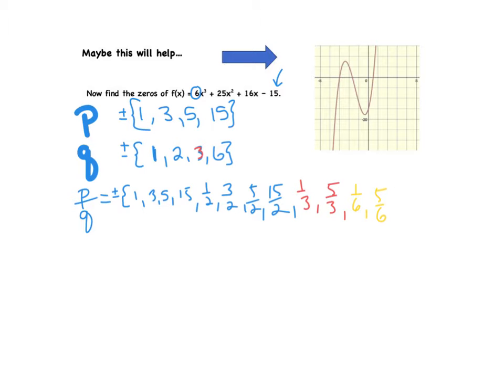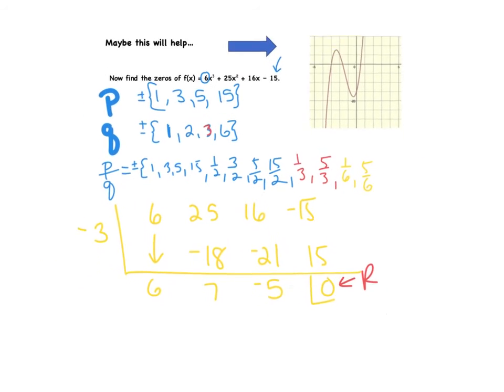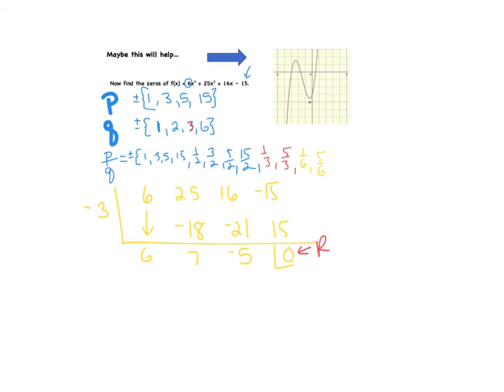I'm going to do my synthetic division using -3, pick off my coefficients 6, 25, 16, and -15, bring down the 6, multiply would be -18, add would be 7, multiply would be -21, add gives me -5, multiply gives me 15, I get a remainder of 0, which I knew I should get because -3 was one of my zeros. Okay, so from this point, this gives me a quadratic,